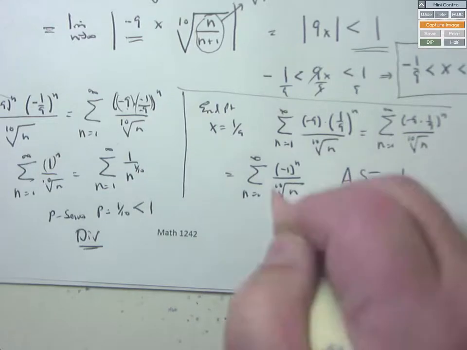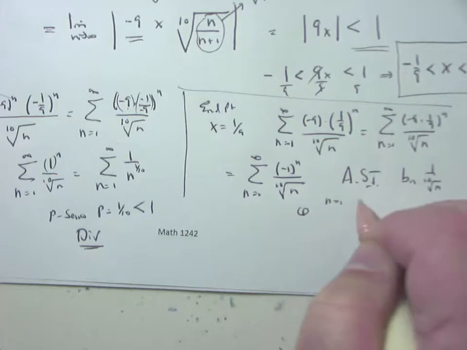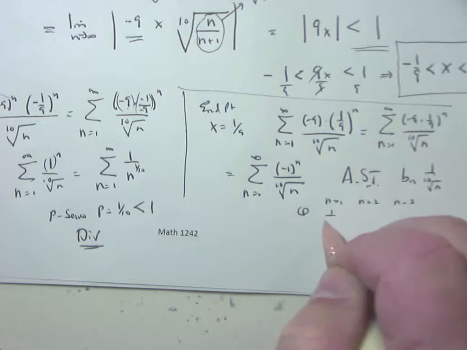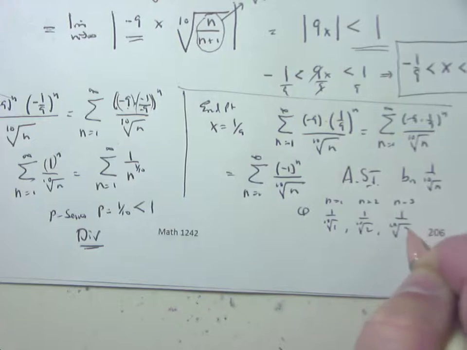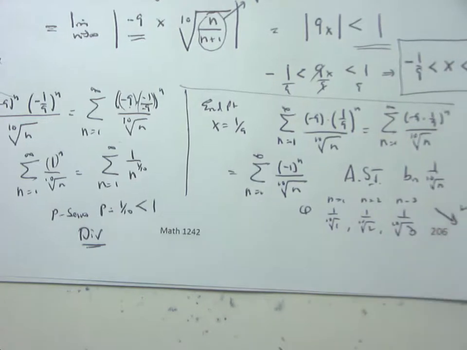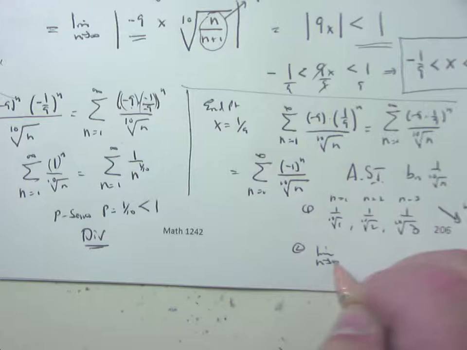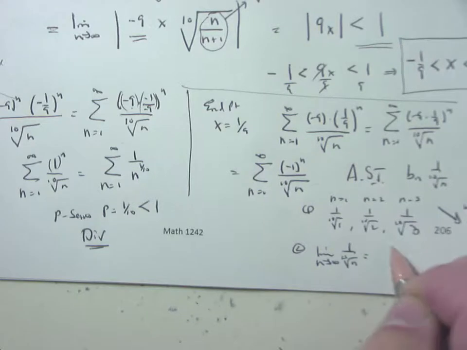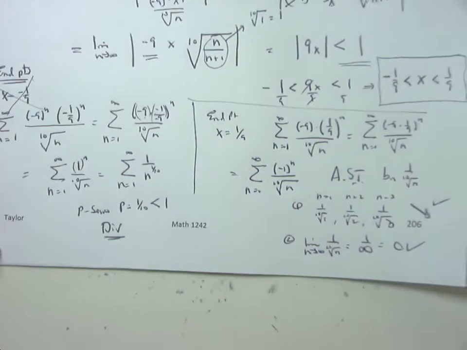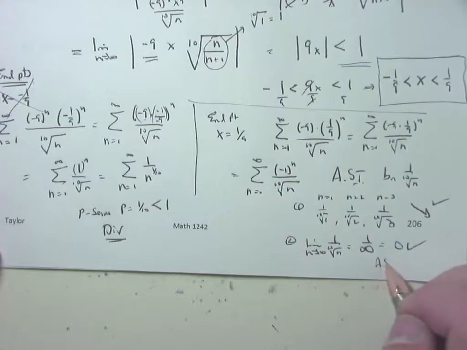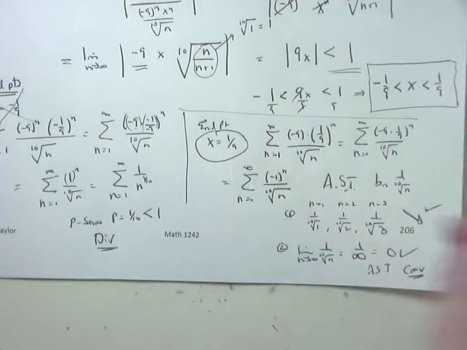So the Bn, the part without the alternation, is 1 over the 10th root of n. So two things I've got to show you. Make sure the terms go down. So 1 over the 10th root of 1, 1 over the 10th root of 2, 1 over the 10th root of 3. Yep, ever so slowly, but my terms are decreasing as the denominator gets bigger. And number 2, when I take the limit as n approaches infinity of Bn, 1 over the 10th root of n, I get 1 over the 10th root of infinity, which is infinity, which makes it 0. So as the terms decrease and the limit goes to 0, by the alternating series test, this thing's going to converge, which means I want this point in my interval of convergence. So I'll mark that by a